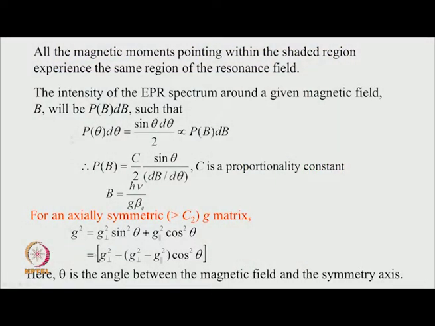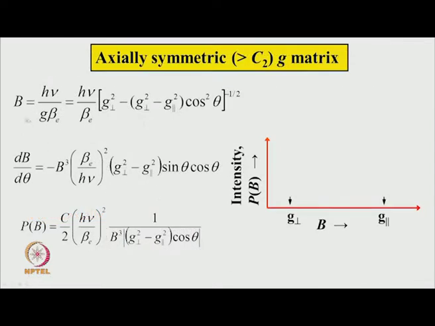So, that is P(theta) d theta, which we already found out to be this, and it will be proportional to some distribution of intensity as a function of magnetic field, P(B) dB. So, P(B) is just this divided by this one, and we have to find out this relationship. B is equal to h nu by g beta e. Now, you have seen that for axially symmetric G, this is the relationship. So, we just do the algebra that is necessary to simplify this. B is given by this relation, but G itself is given by this. So, if we do the differentiation, P(B) happens to be in this fashion. Let us take a closer look at that.